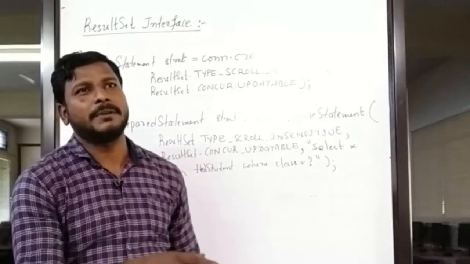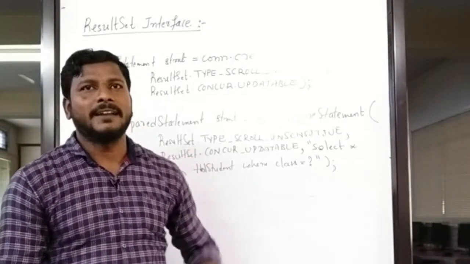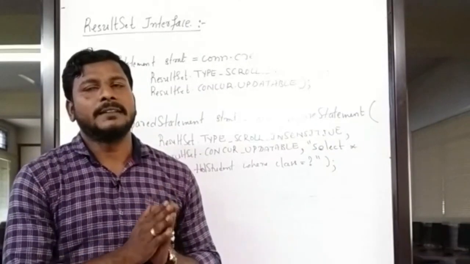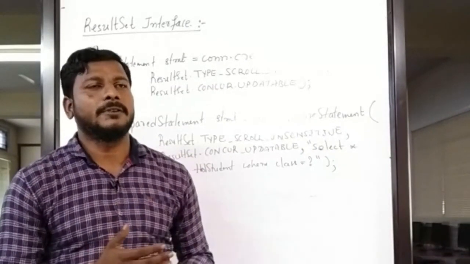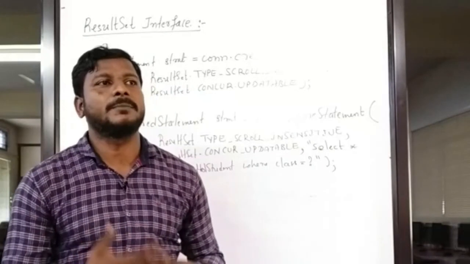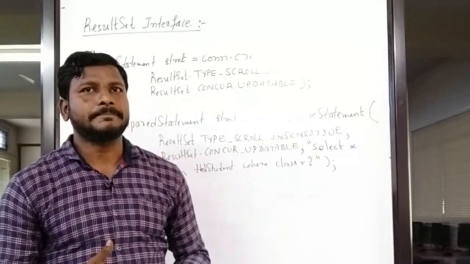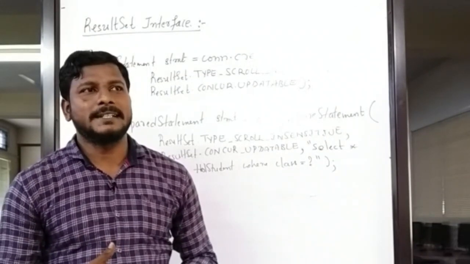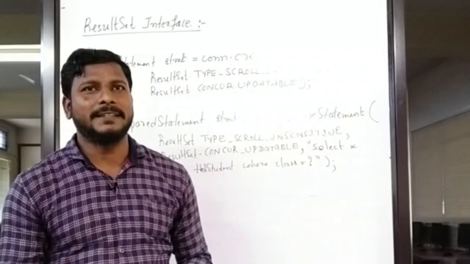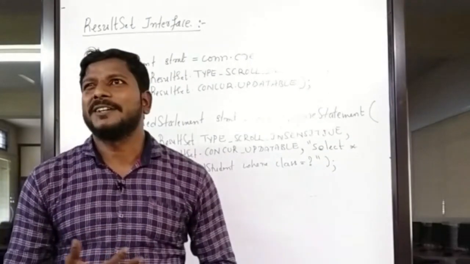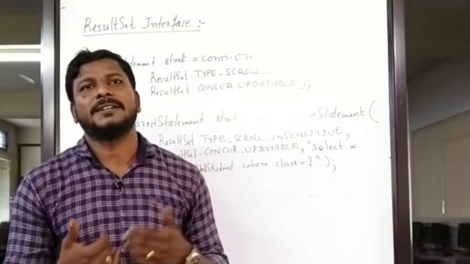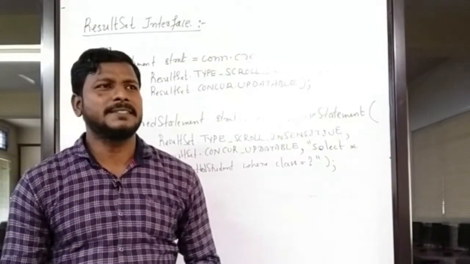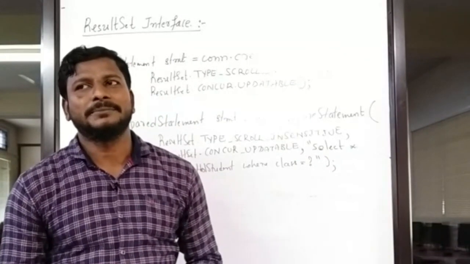Till now, in the examples and demonstrations we did, we have not added these things. That means it can be used only as read only, and you can navigate only in the forward direction. It's not possible to update. So that's it about the ResultSet interface, and it also has so many methods, like isFirst or isLast to check whether you reached the first row or last row. Plenty of methods it has; only the important things were explained here.